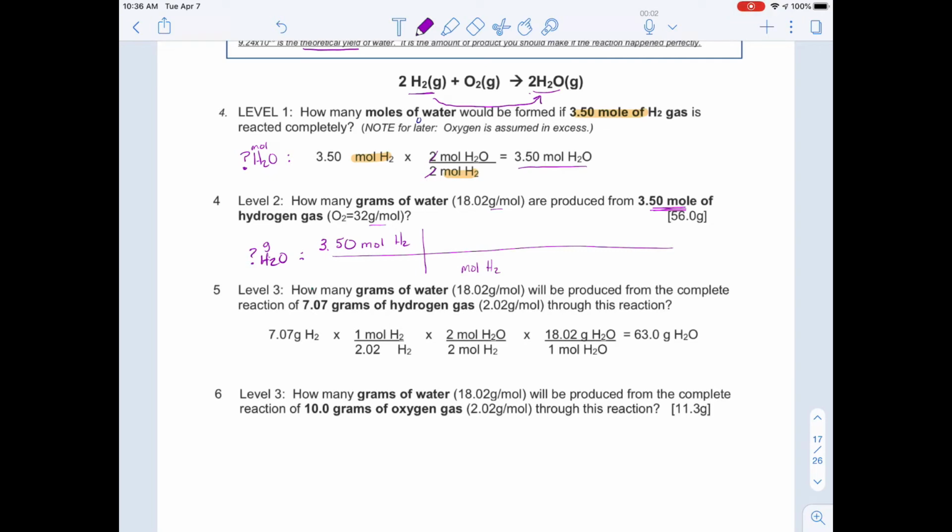So there's my moles of hydrogen gas. And this is the point. You can only change to something else on the mole scale. You can't jump to grams. I can't suddenly jump to grams of water. That won't work. You can only do it at the mole level. So moles of water